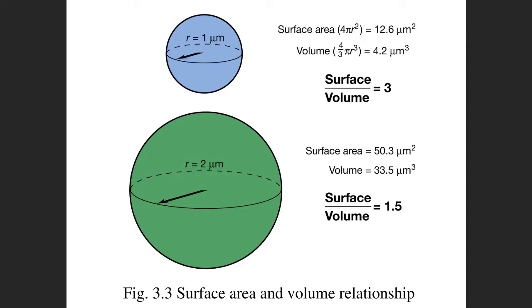The more surface area you have, the more mouth, or transporters, you can put on the surface. That means there is an advantage to being small, because you get more transporters per volume on the surface. So it becomes more efficient in taking up